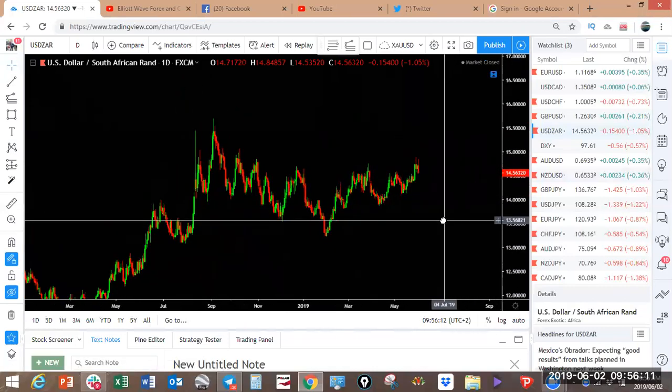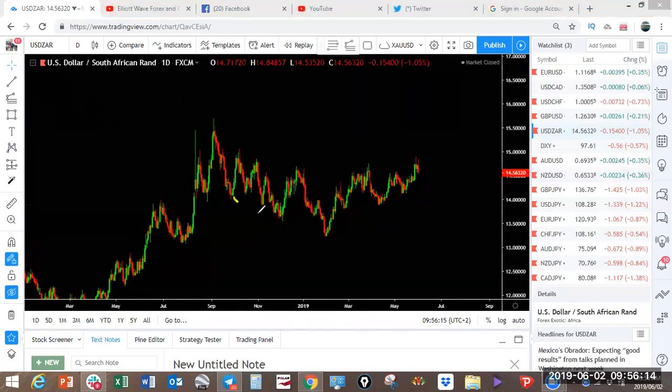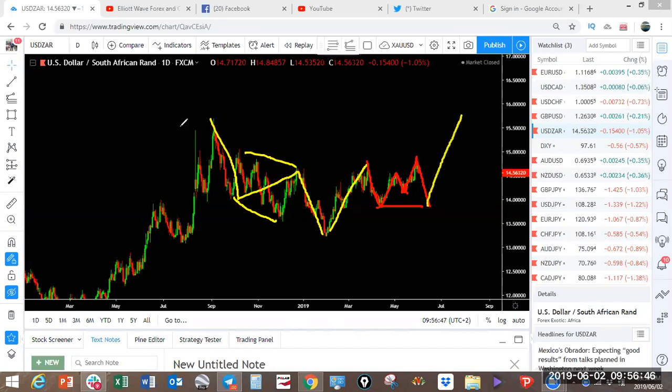Okay, so let's have a look at what we looked at. We looked at US dollar ZAR as a three-wave move like that with a running flat there. Last week, this is what I showed you, that we may have this move here upside. We had the pulsing move here. We had this three-wave move here. I expected this one to come and retest the top and come down, and that is exactly what has happened in the last week. Are we going to get this one as we forecasted last week again? Then we would have gotten 1, 2, 3, 4, and then this fifth move that we're looking at on US dollar ZAR. We can come down here to around the 13.80s area, just around the 14 area, to make the regular flat like that